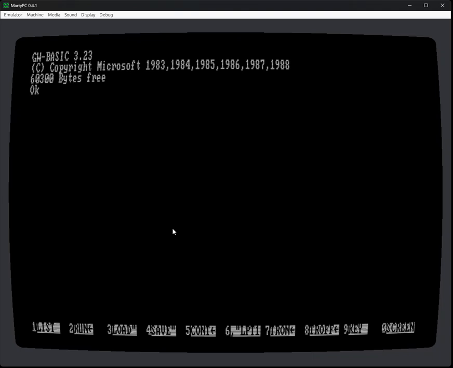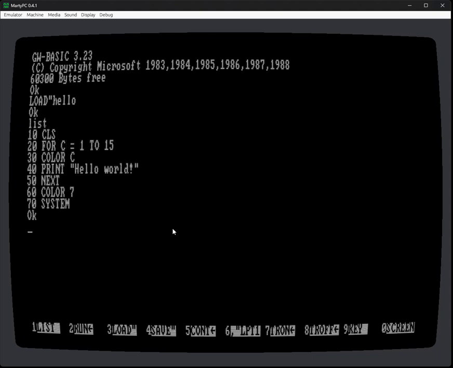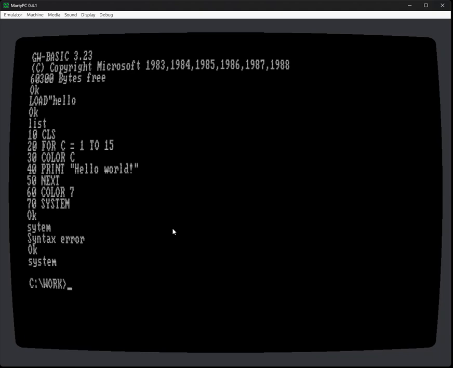Anyway, now that GW Basic is loaded, I've got to load the basic program. And that was hello, right? And now we're going to type in list. Now all I have to do is type in system. Oops, I can type today. There we go. Now something interesting just happened. I could load hello2